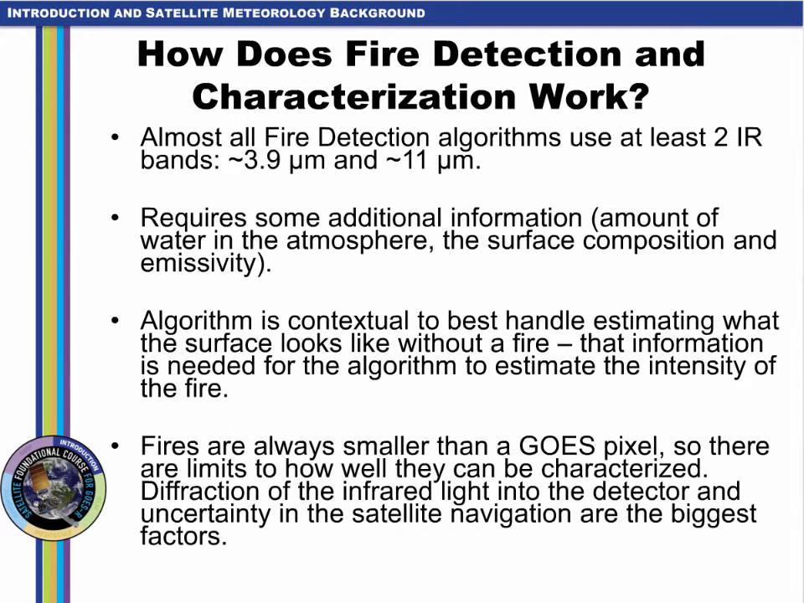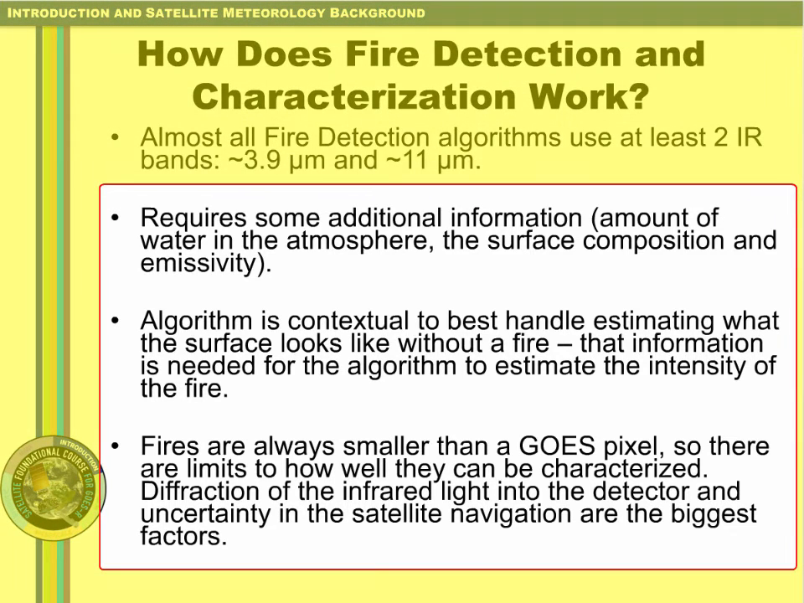Fires are always smaller than the size of a pixel. Fire detection uses the shortwave and longwave infrared bands and exploits subpixel effects. You will hear more about subpixel effects in a bit. Hot fire temperatures emit more 3.9 micron radiation than 11 micron radiation, and this enhanced 3.9 micron radiation is key to fire detection. There are other variables that are needed in the computation to clarify the differences between the infrared